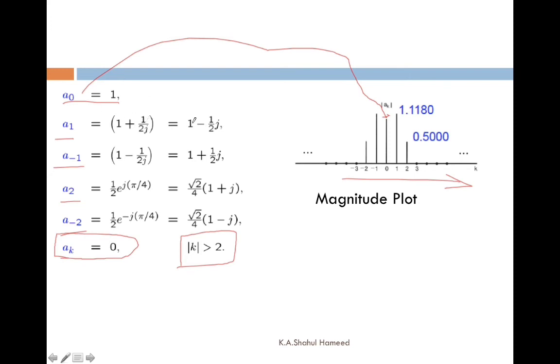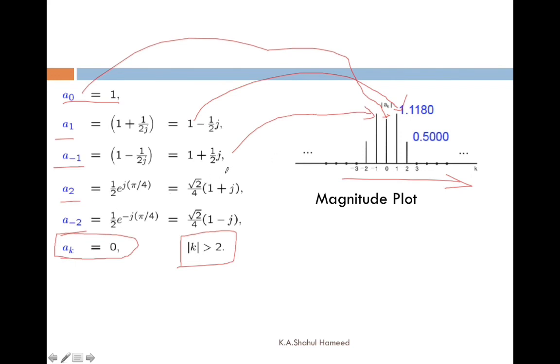So 1 square plus 1 by 2 square. When you find the value of this one, you will get 1.18. So a1 value is 1.18, a minus 1 value is again 1.18,